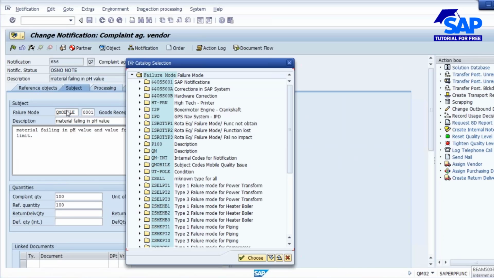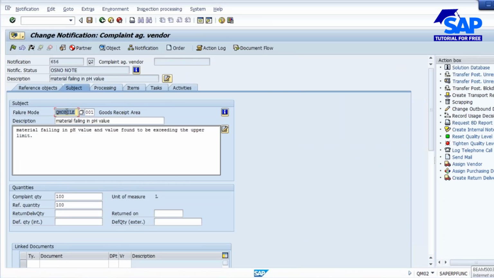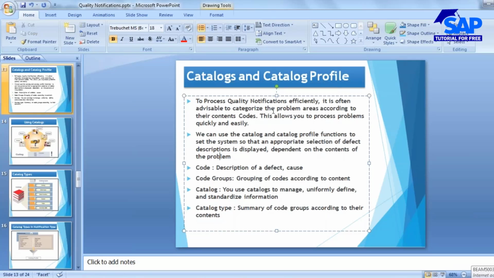Instead of entering manually over here, the user can select from the list. That is the use of catalogs, and you will club all these catalogs into a catalog profile. We'll discuss this. Before discussing catalogs, we have to discuss codes, code groups, catalogs, and catalog types. Code is nothing but the description of a defect or a cause.